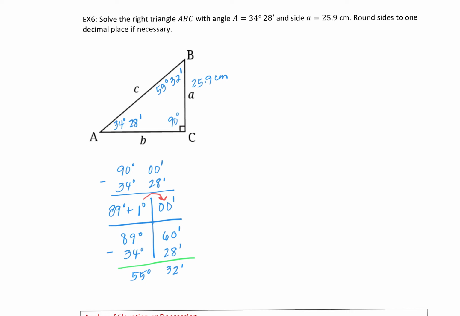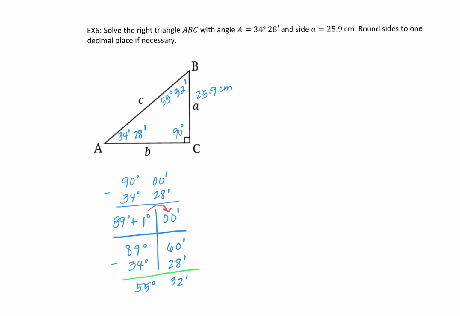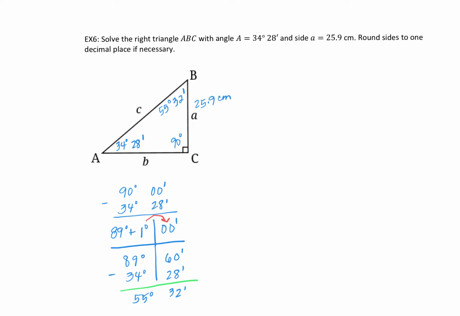I have all the angles. Now I need the sides. I only have one side, so I can't just use the Pythagorean formula. I'm going to have to use a trig function. If I'm using angle A, then I'm going to have to translate that from degrees and minutes to